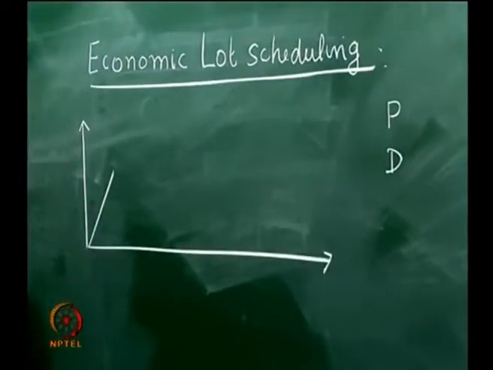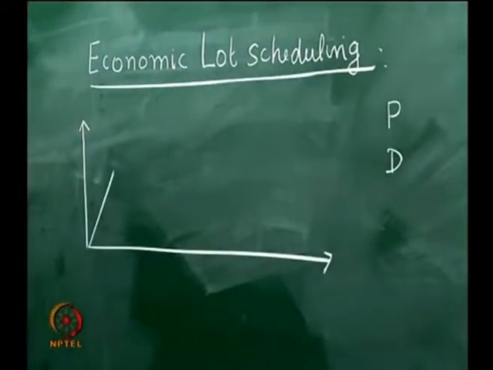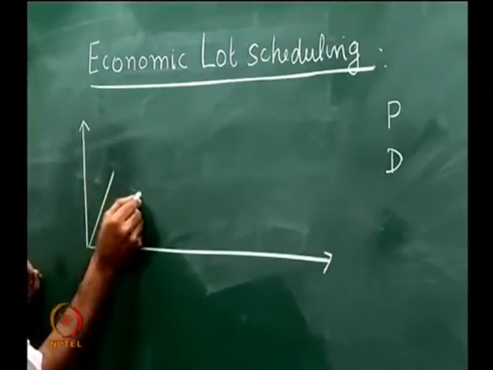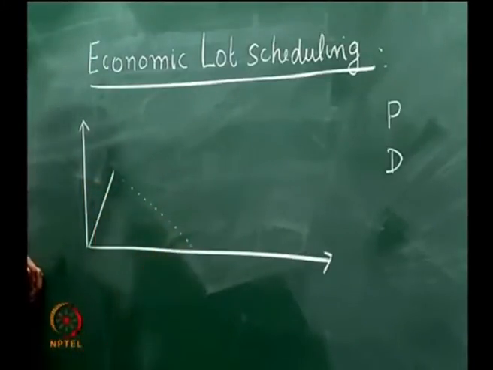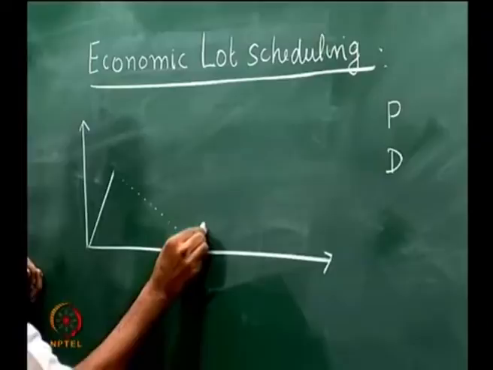consume while you produce. So, inventory is built up at the rate of P minus D, and then with the built up inventory you consume it for a certain number of periods and the cycle begins again. So, let us say that if we are going to do this, we consume here and let us say the cycle begins again.